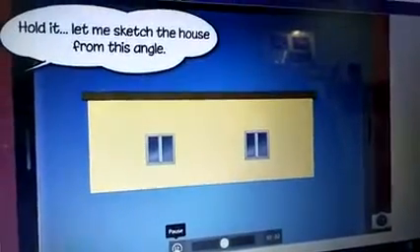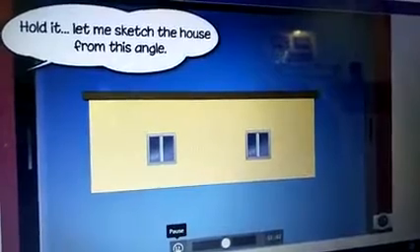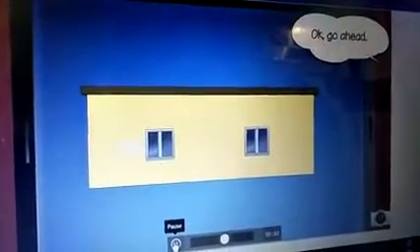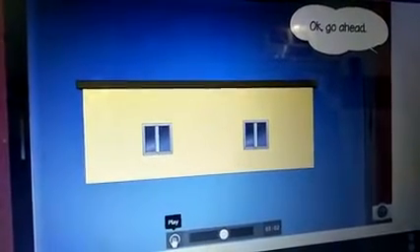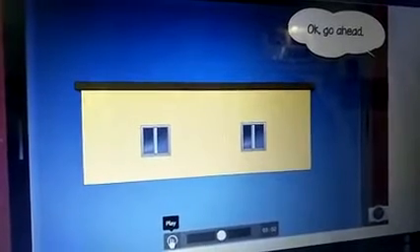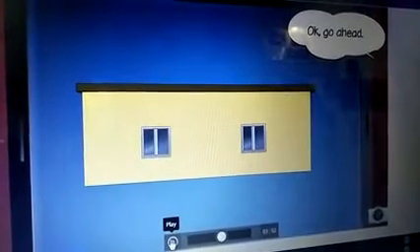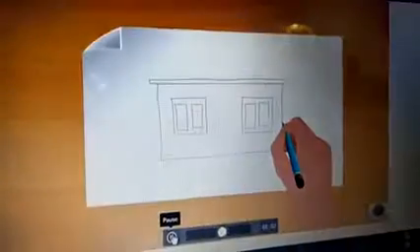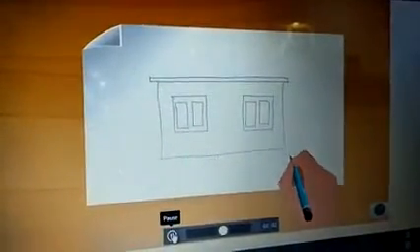Hold it. Let me sketch the house from this angle. Okay, so in this angle, how many windows do you have, children? Yes, very good. 2 windows there. Then listen. Go ahead. I seem to be having a problem.